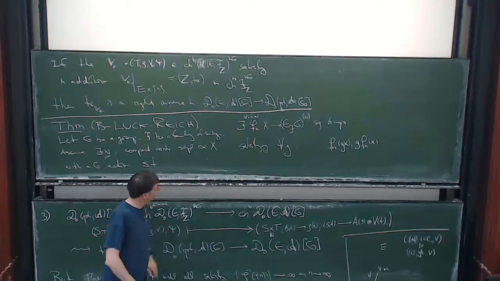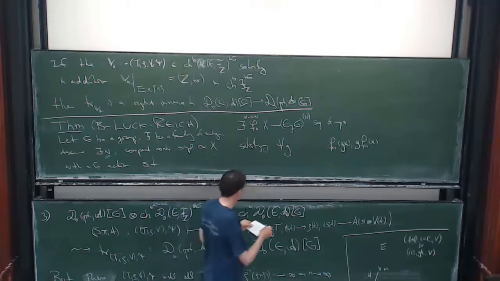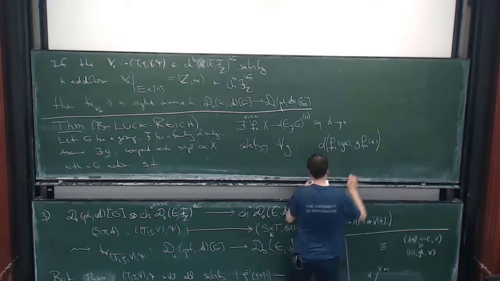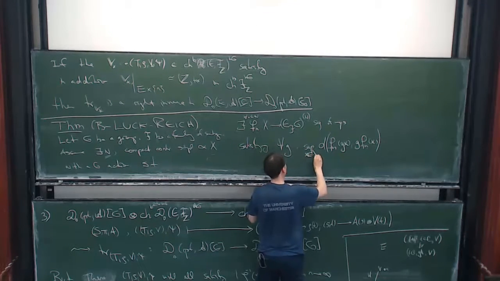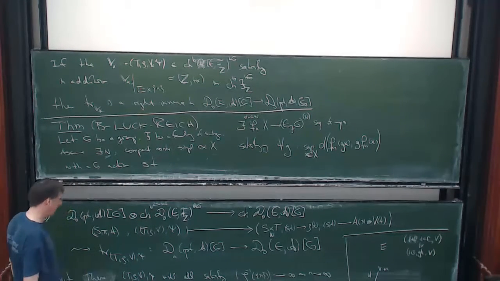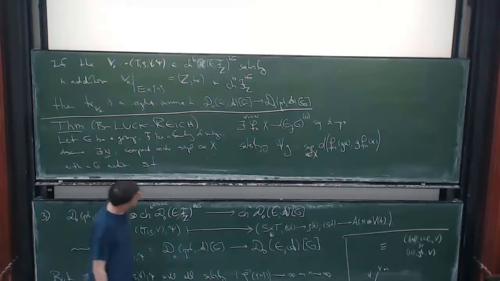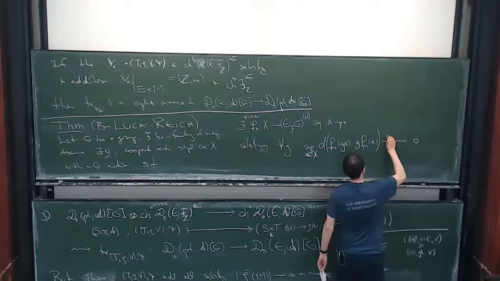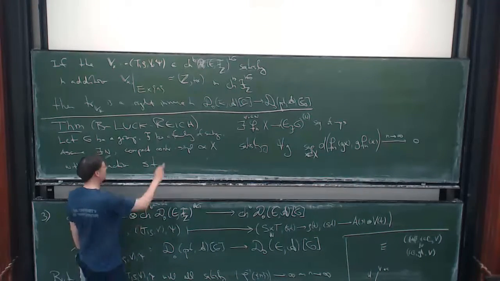But we have a chance if we're allowed to correct this a little bit each time, okay? And this is what I write down here. So instead of having them equal, we're going to control the distance, and I need this to be uniform in X, but not in G. So I fix the group element. Basically, we can fix the group elements because at every point we only have to think about finitely many G's. But I need to do this uniformly over X, and I want this to go to 0 as n goes to infinity. Right? And this translates then into, if I take this simplicial chain complex,